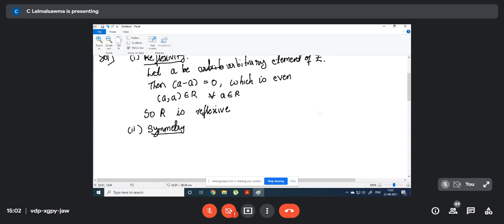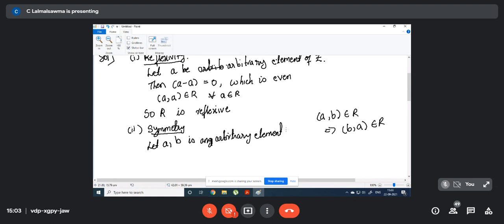For symmetry, we know that whenever (a, b) belongs to R, then (b, a) belongs to R, then it is symmetric. Now let a, b belong to Z. Let's write in words so that it is easier to understand what is an arbitrary element. We used this before. Arbitrary